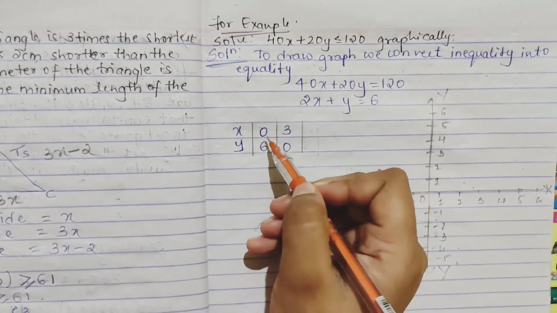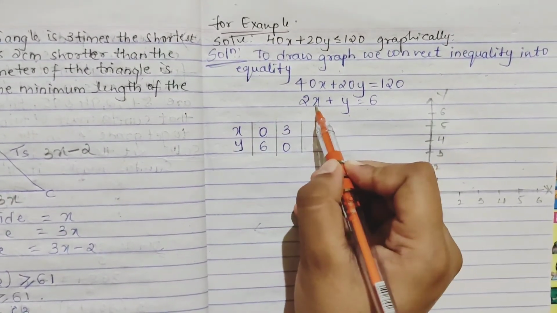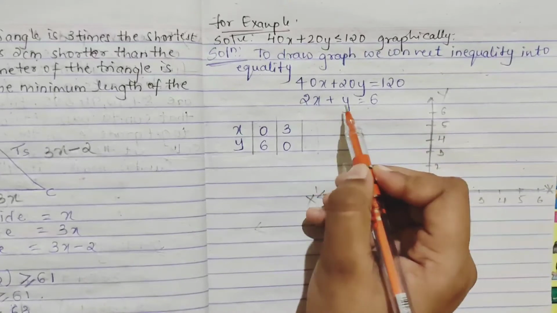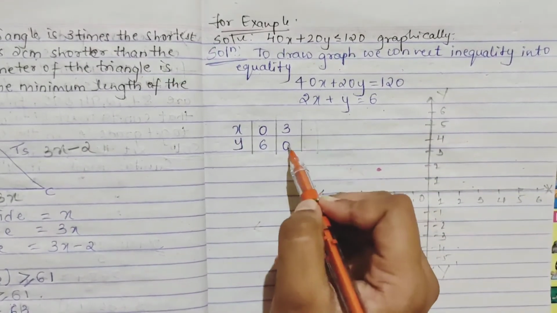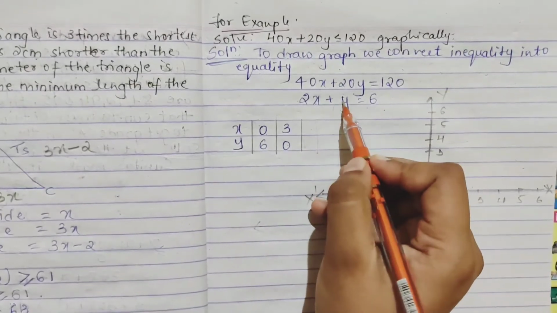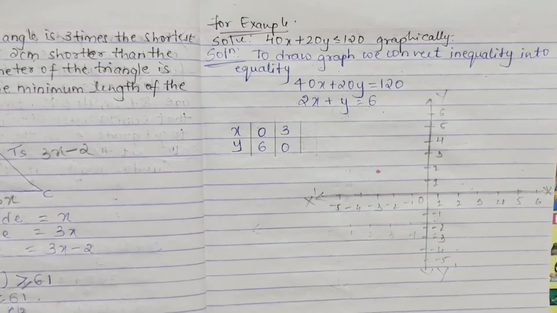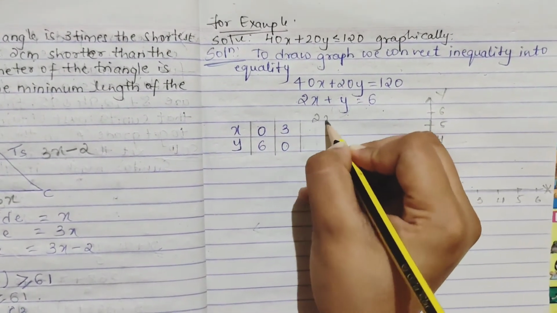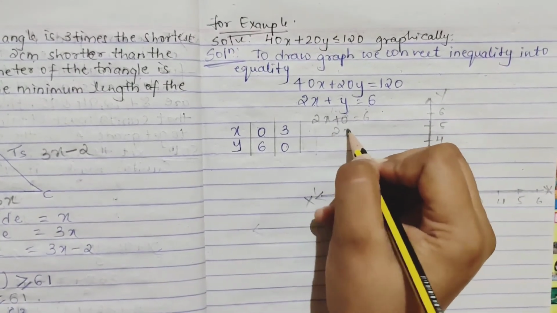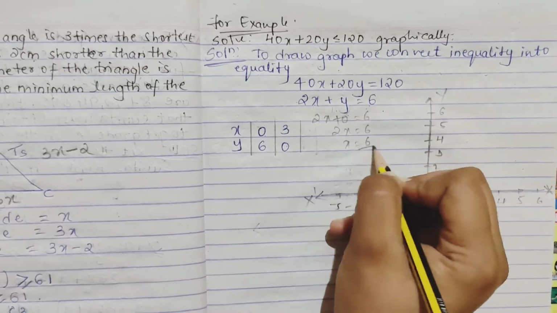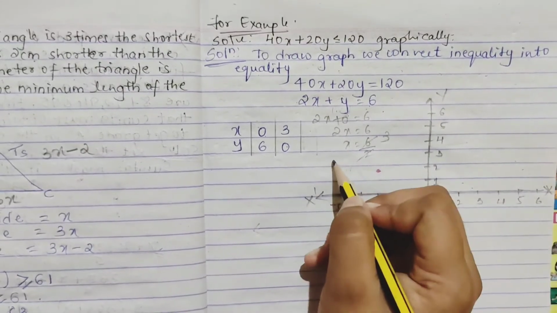So we are taking this solution. See, first I am putting x is 0. When your x is 0, what you will get, y is equal to 6, right? Next, what I am doing, putting y as 0. When I put y as 0, x I will get as 3, right? How? See here, 2x plus 0 equal to 6. So what I will get, 2x is equal to 6. x will be 6 divided by 2, 2 threes are 6. So x value I will get 3.